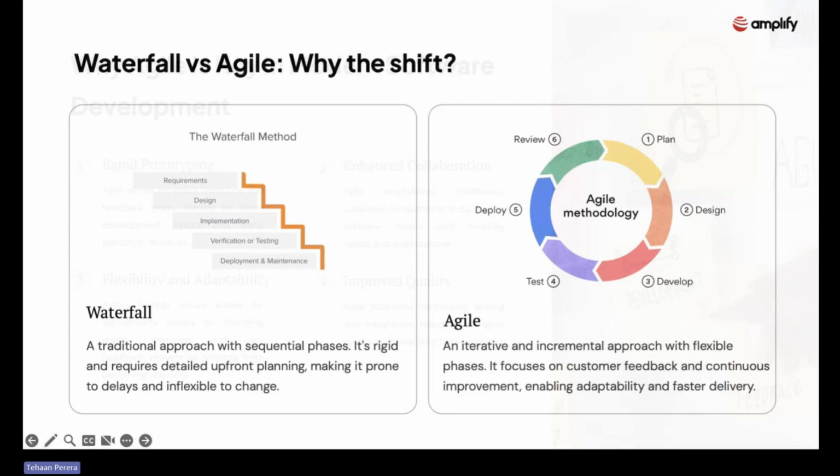there's no going back. So take this example for a second. You're building a house, right? And you have a blueprint for the house and the plan for the house. And say that halfway through you realize, okay, you don't want the window here, you want it somewhere else. If you're using waterfall, you can't do it. Why? Because it's a step-by-step process where you finish one step completely and then move on to the